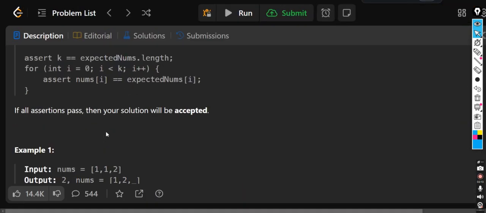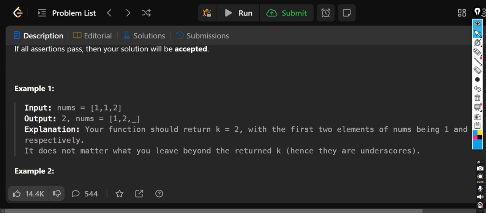I'll first zoom in on what is required and what we have to do. So I'll take the pen. Okay. So friends, you have seen that this is our array. We have to remove all the duplicates, and we have to return the array which only involves the unique elements. So only 1 and 2 are the unique elements, but you have extra space there. So you just have to keep it blank. You don't have to print or store anything there. You just have to return this array, and this is the only question, and it is very easy.